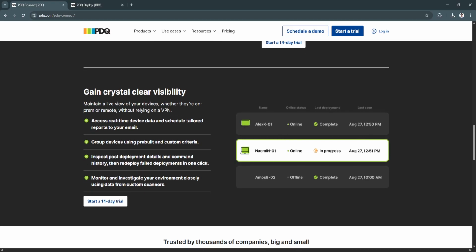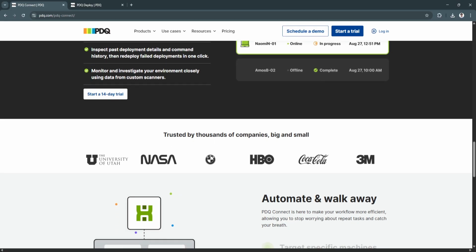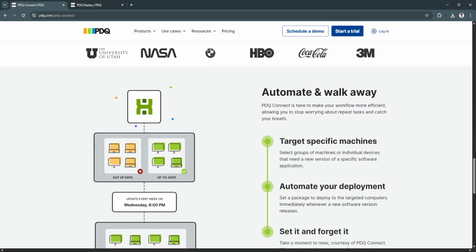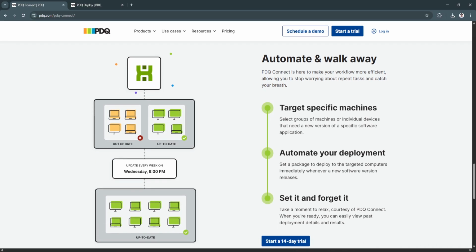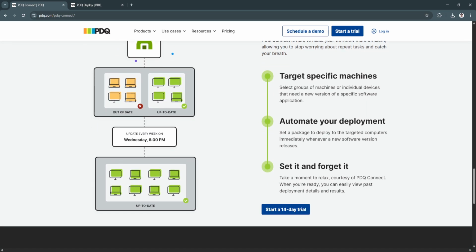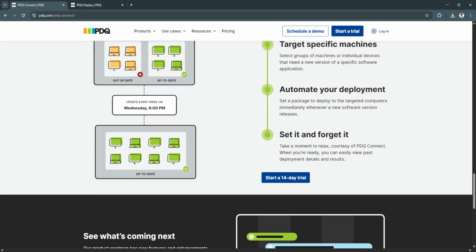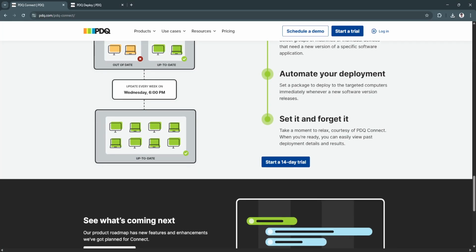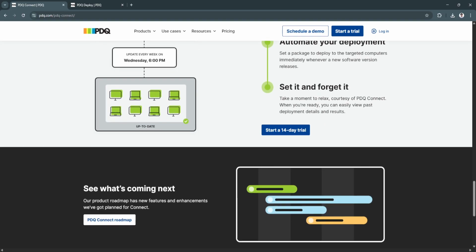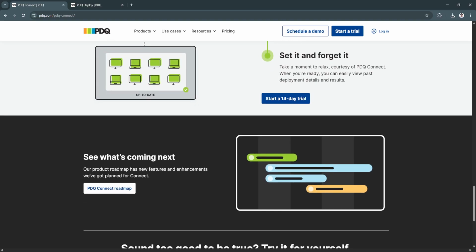For its strengths, it has no AD or local server required, works across firewalls and remote networks, easy agent-based setup, a cloud dashboard with real-time status, and is great for distributed or BYOD setups. It's also best for IT teams managing laptops or remote staff, freelancers, or field workers who are rarely connected to the office network. So for its key differences, when it comes to hosting, PDQ Deploy is on-prem, PDQ